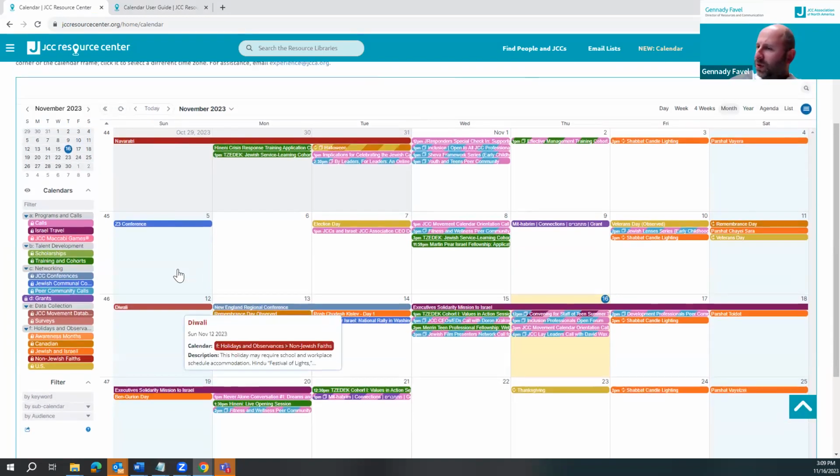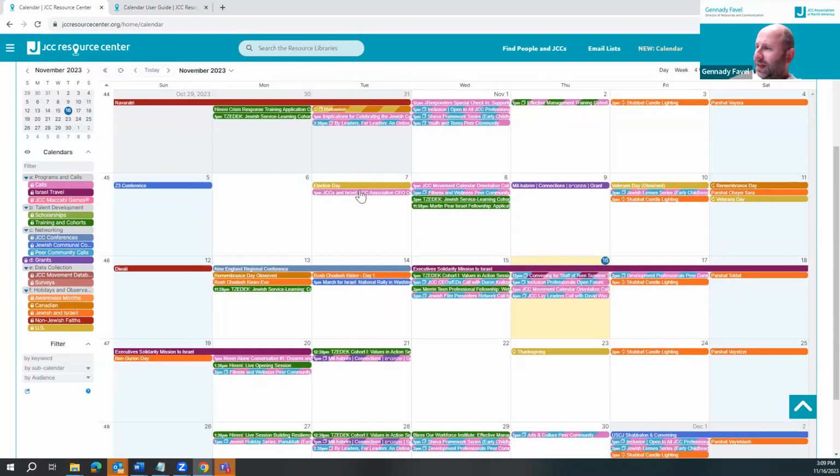Okay, now as we might see, the calendar is pretty busy. There's a lot of stuff happening here. It's possible that you are only interested in certain categories of items. For example, you are only interested in training and cohorts.